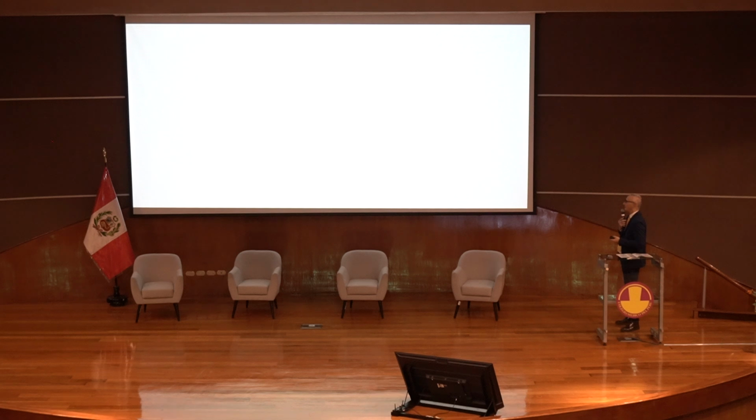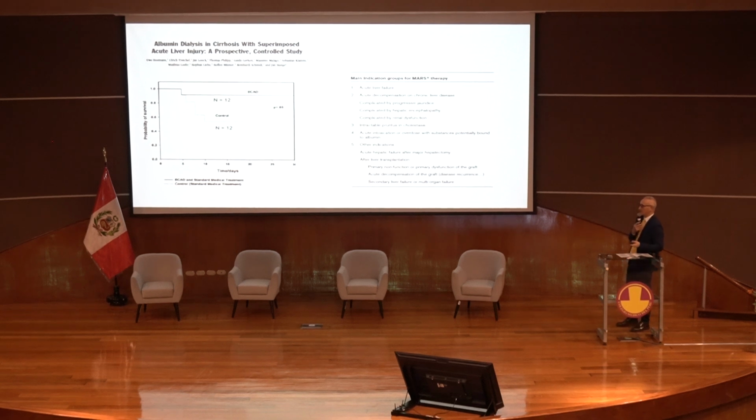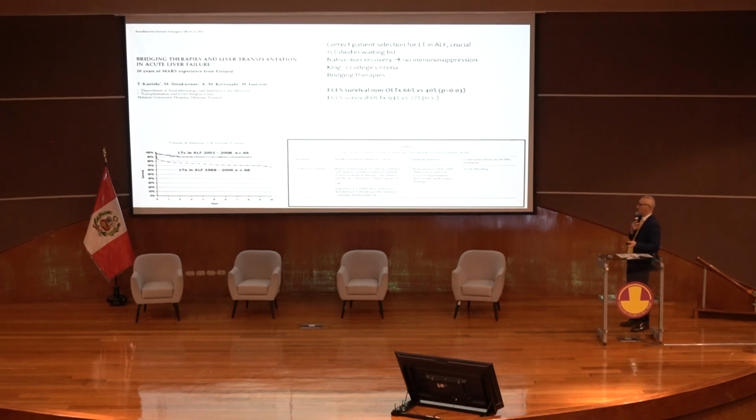And so we started with MARS, the first extracorporeal liver support, in 2008, in which we demonstrated in Rostock in Germany that the use of this machine reduced the mortality of patients with acute liver failure. And we see the difference in mortality, of course,